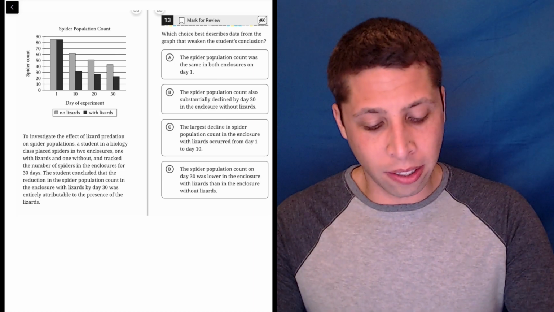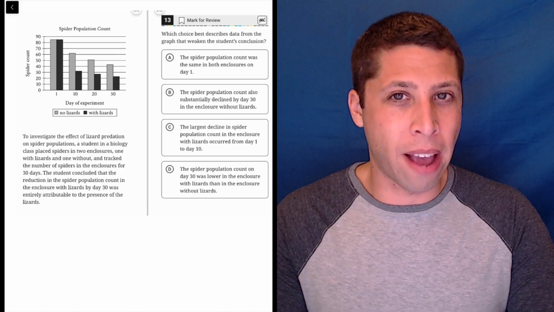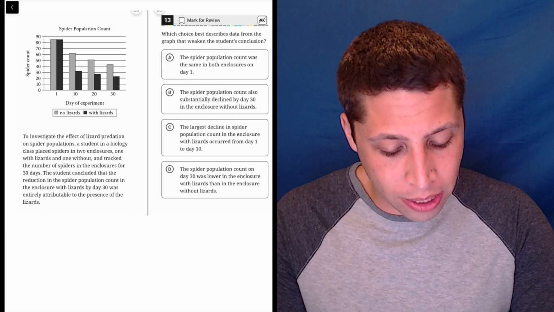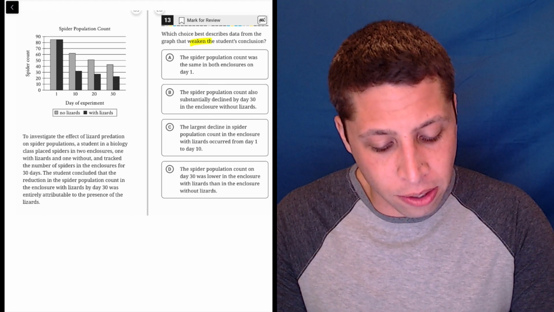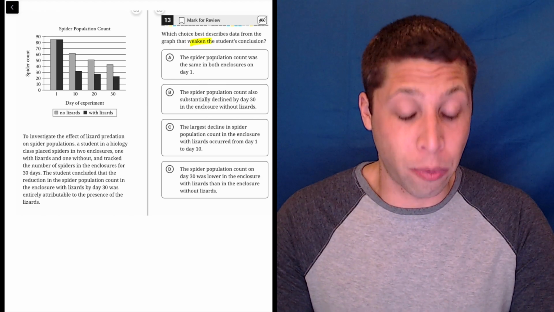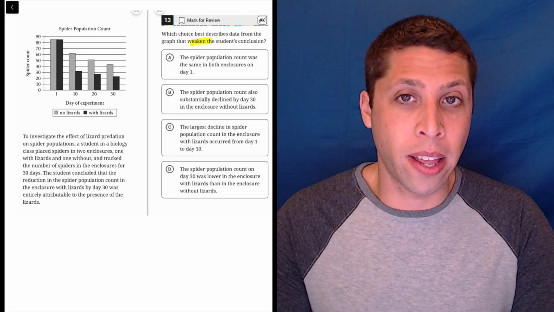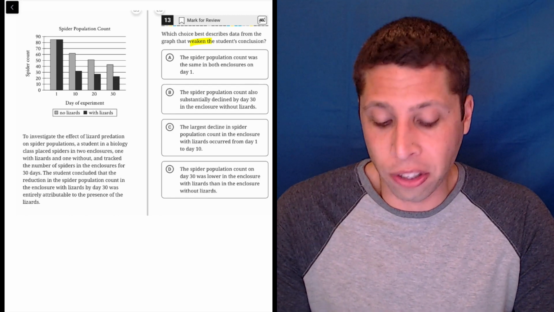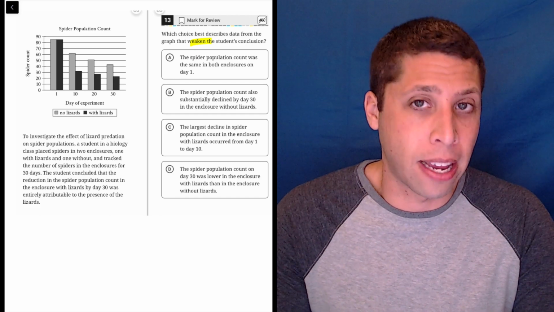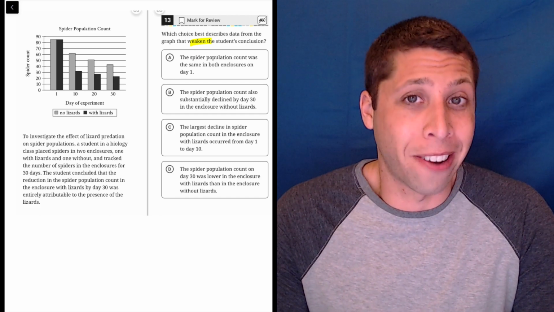All right, this question is a little bit more in depth than most of the ones that we have for these charts and graphs. So we need to describe data from the graph that weakens the student's conclusions. That's important. Make sure you notice that word. Now, I would still approach it the same way that I would for any of these graph questions, is let's just see if all this stuff is accurate first. I don't think that takes very long, and it might help us without having to deal with the passage at